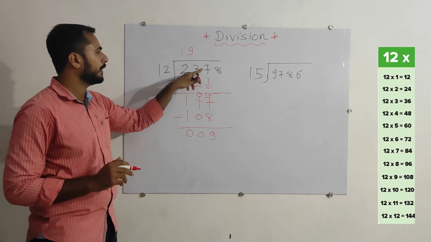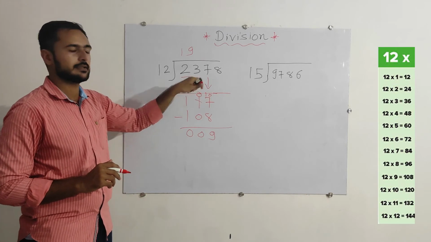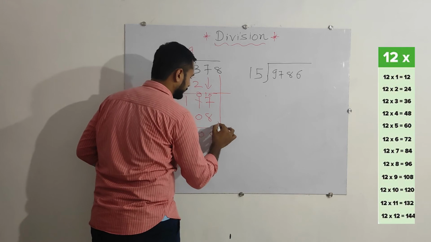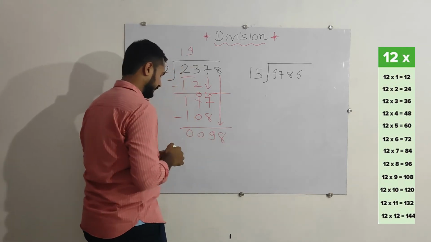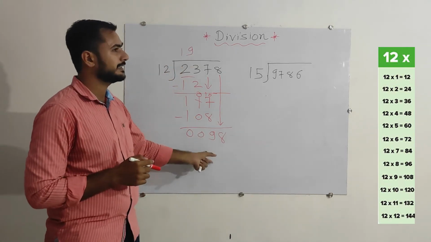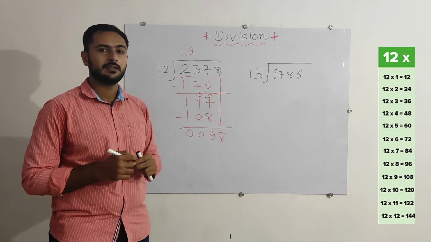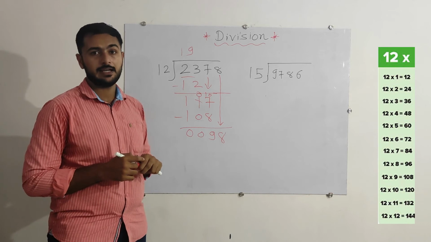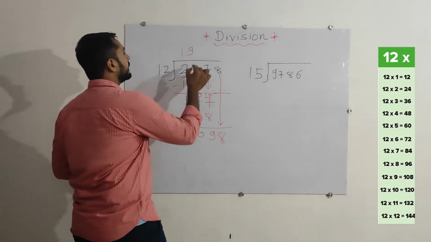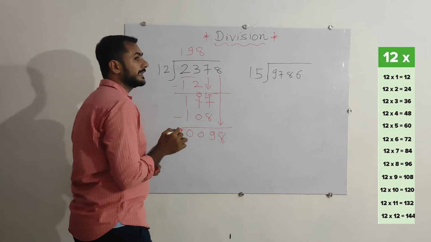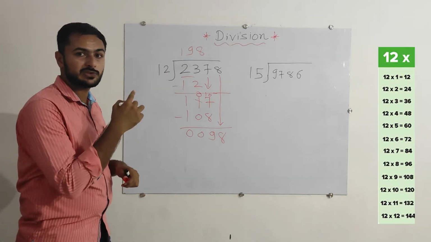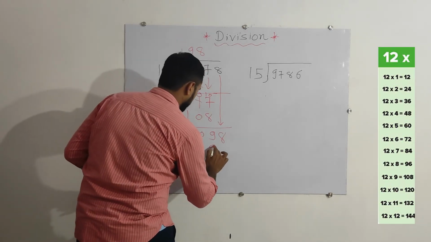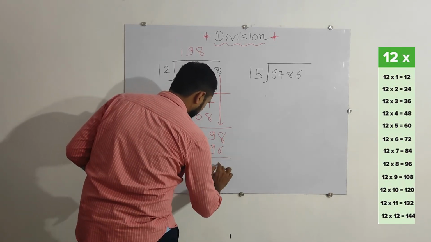But still we have a number left in the dividend. It means from the dividend the next number we will bring down. That's the 8. Now find out 98 in the table of 12. Is it there? No, but 12 8s are 96 is there. Why are we using 12 8s? Because 12 9s is 108, which is bigger than 98. So 12 8s are 96. So here that's the 2.